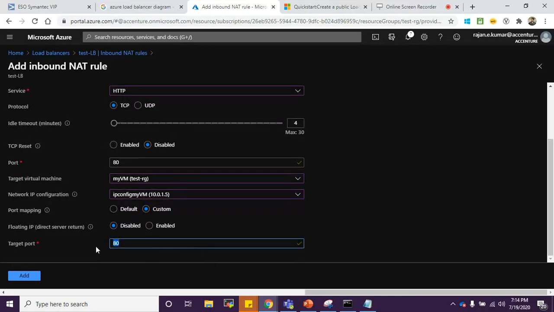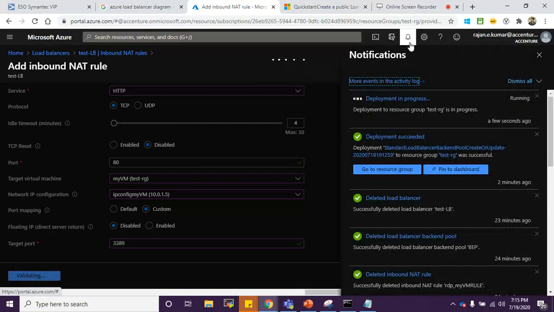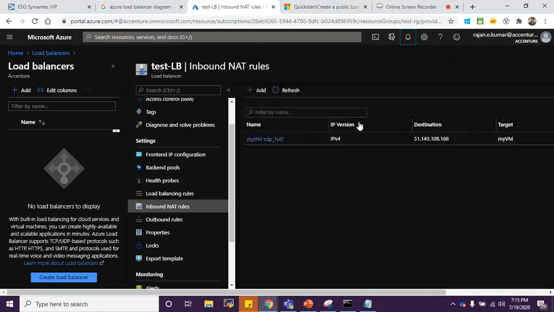My target port would be, as per the presentation, 3389. Add. So the first rule is created.